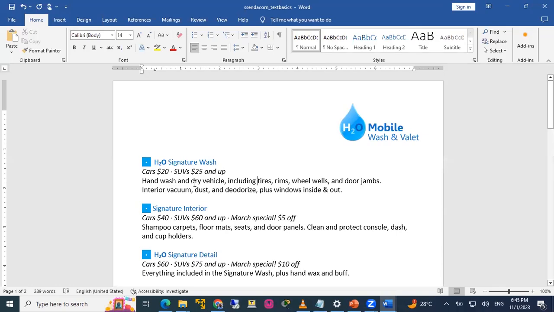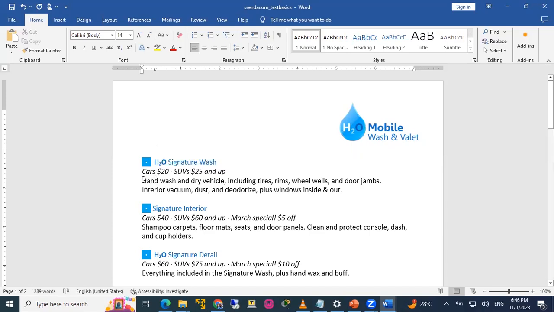Now, when we come to selecting text, what we call highlighting, there are several ways to do highlighting, but it depends on how fast you want to work. So if I want to highlight hand, I can put the mouse pointer in front of hand, click and drag to select.